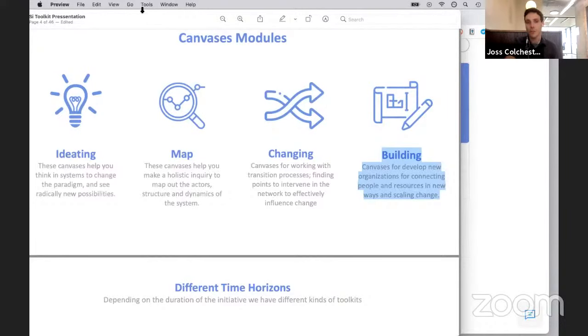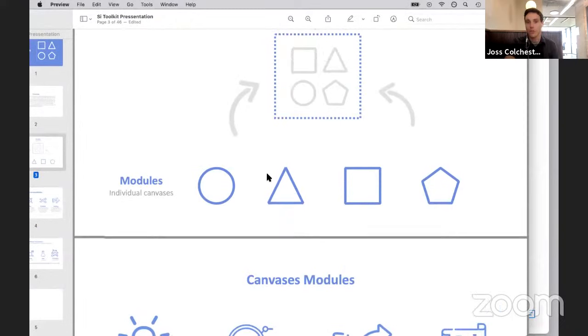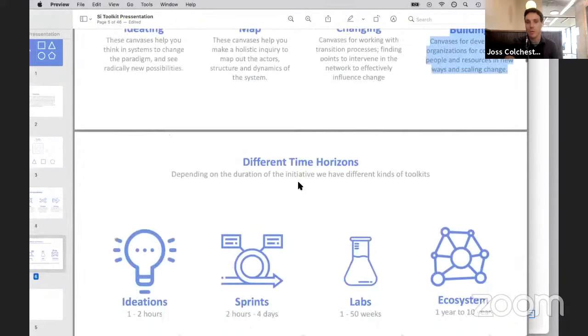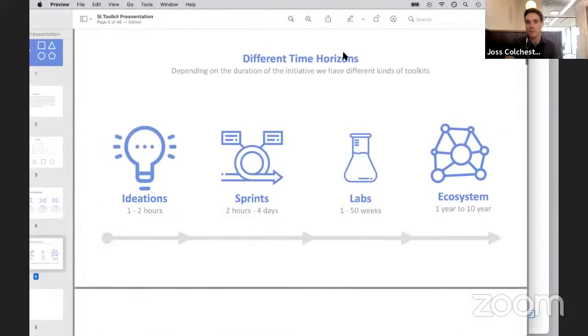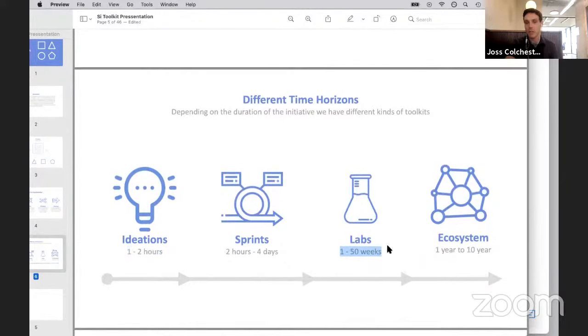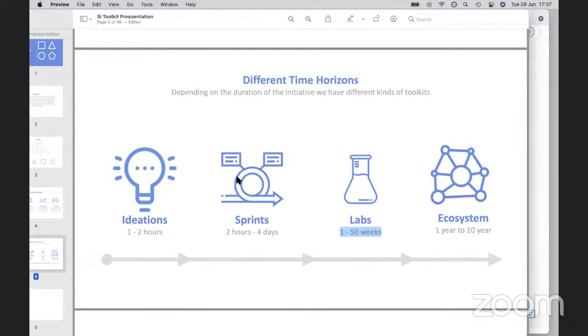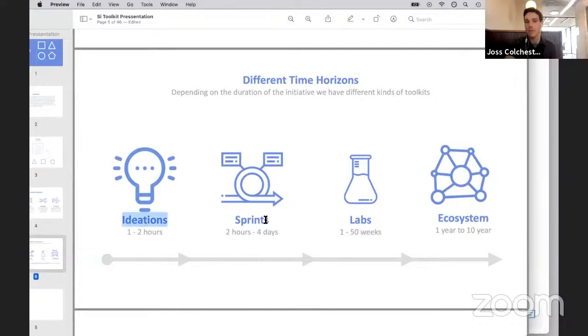So that's the overall structure. And as I say, you can use that if you wish, or you can use the canvases individually. One consideration is the time horizon of what you're doing. Are you just running a 1 hour, 2 hour workshop, or are you running a much more substantial change project? We've created a template that brings the canvases together depending upon the time horizon